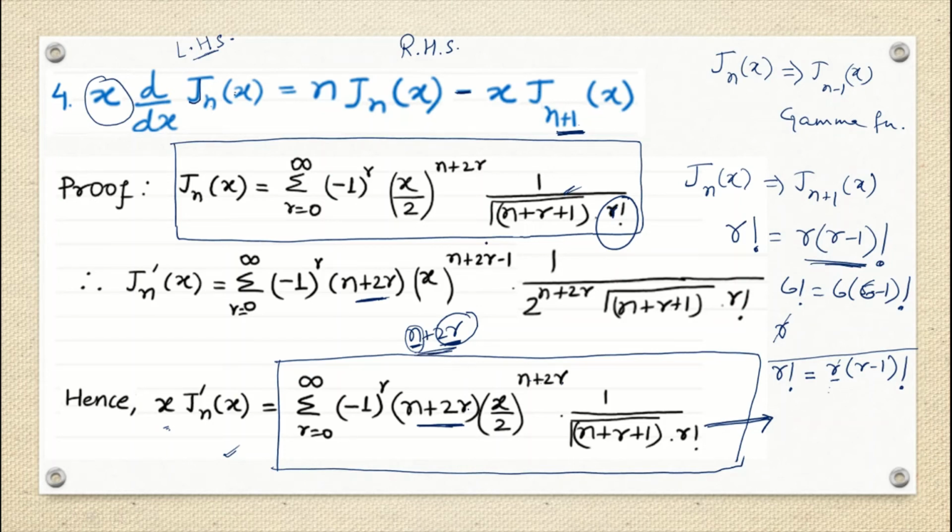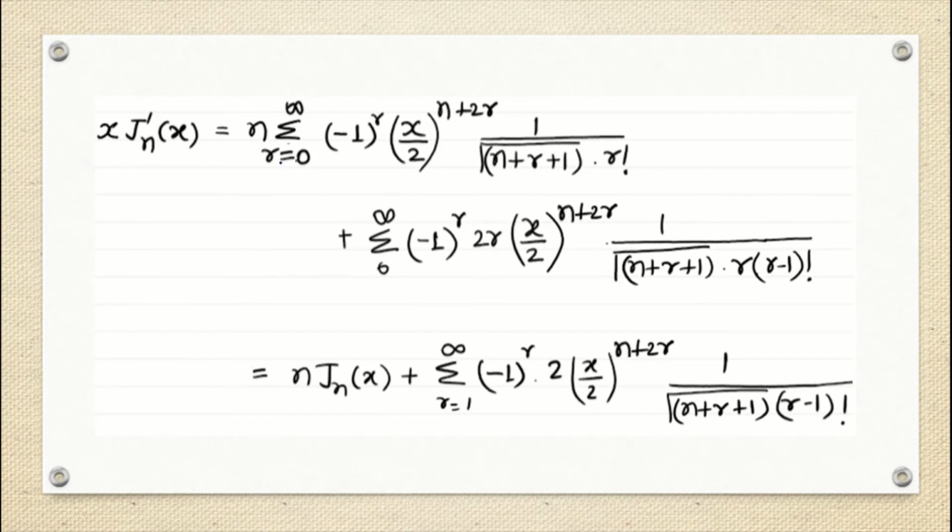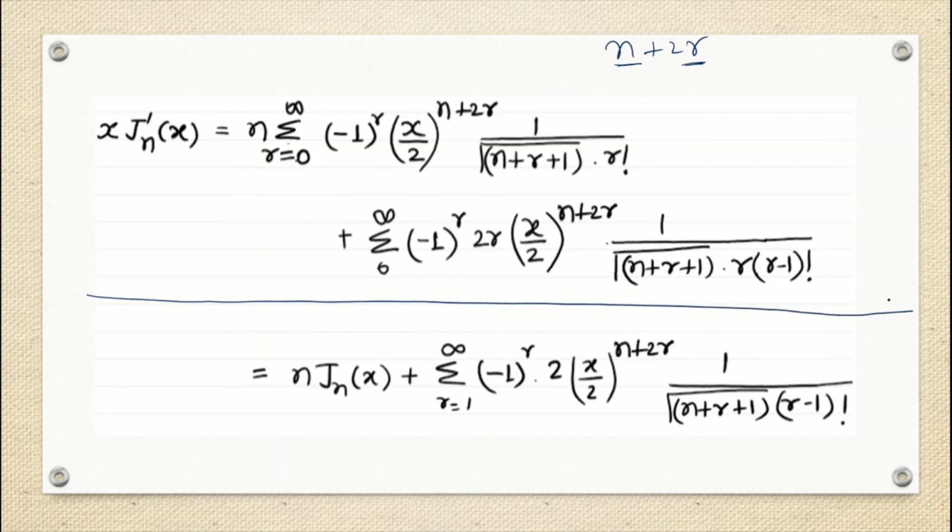So keeping this in my mind, what I'm going to do, I'm writing down the same thing. I'm writing down n and then the complete thing and plus 2r. That means what was my n plus 2r? I just split it out, right? I just did it, n into this complete thing plus 2r into this complete thing. Nothing else I have done here, only this much.